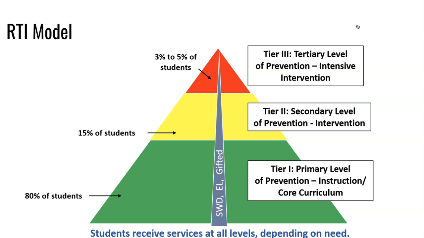And then, if things still aren't working or if things are really pretty severe, that's when we're going to be at tier 3, the tertiary level of prevention, where we're going to have intensive intervention. So maybe more time out of the classroom, but again, trying to keep these kids in the classroom as much as possible, no matter how severe the